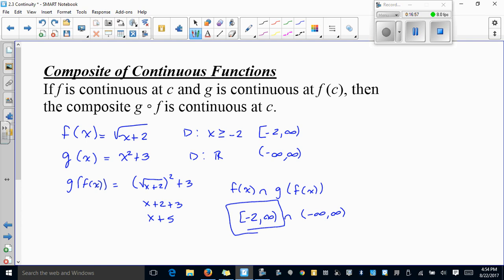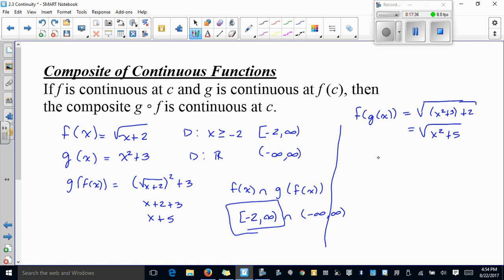Now we can go the other way, because they can claim this as well: that g is continuous at c and f is continuous at g of c, then f of g is continuous at c. So let's look at this the other way. What if I did f of g of x? Well, now I have the square root of x plus 2, and that's going to be x squared plus 3, which is going to give me x squared plus 5,